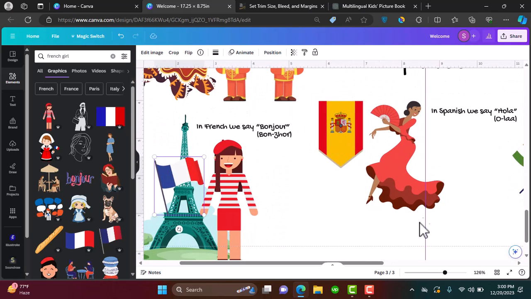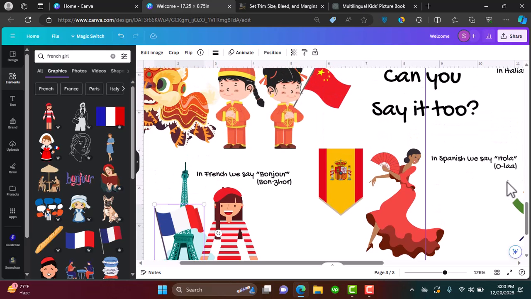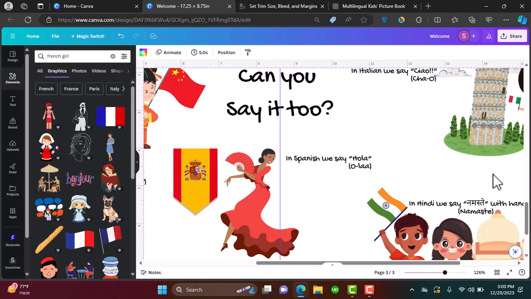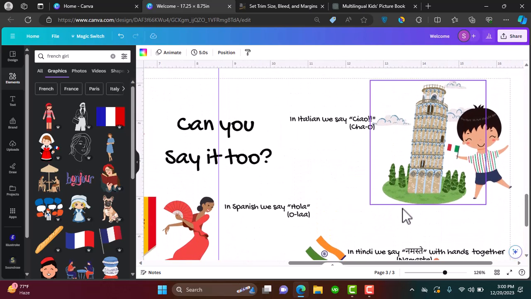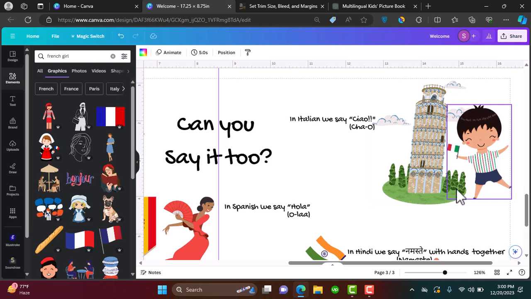Similarly, I've added a Spanish girl here with Spain's flag. And in Spanish, we say hola. And I've just added the transliteration here. In Italian, we say ciao. And I've just added a Tower of Pisa here and a kid, and he's holding the Italy flag